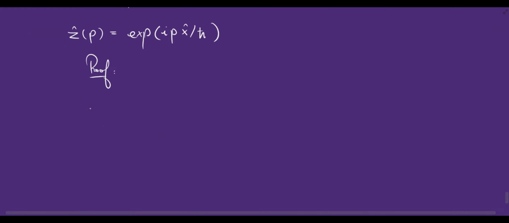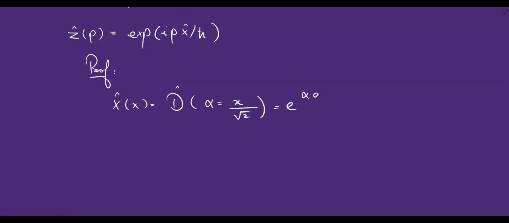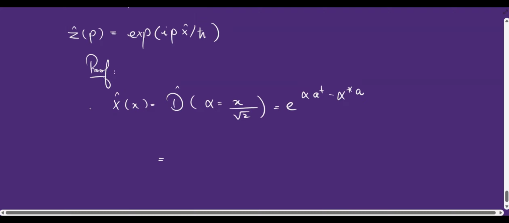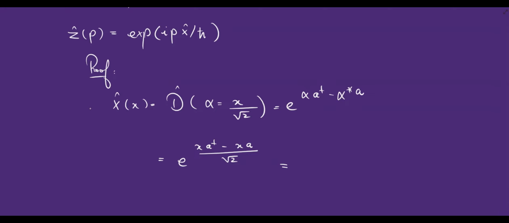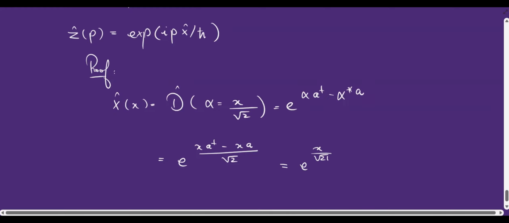So we have X-cap acting on x is equal to D-cap of alpha, where alpha is x by root 2, which is equal to e raised to alpha a dagger minus alpha star a, which is equal to e raised to x a dagger minus x a by root 2. I just substituted alpha here: e raised to x by root 2 times a dagger minus a,